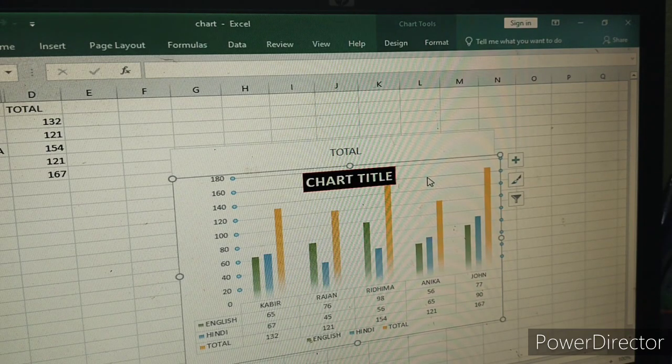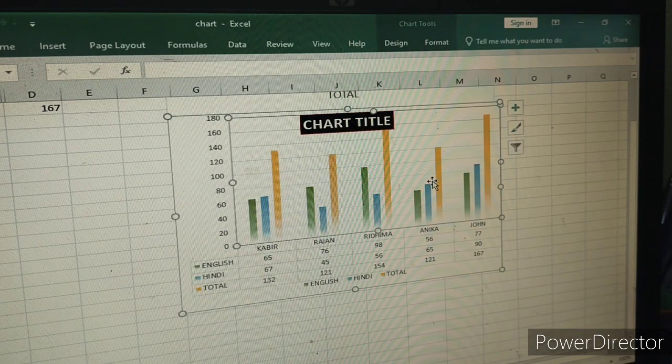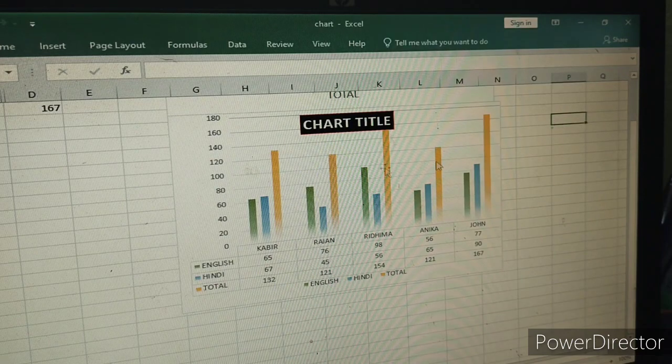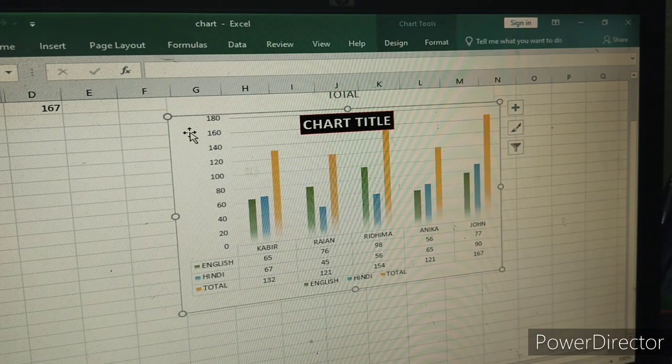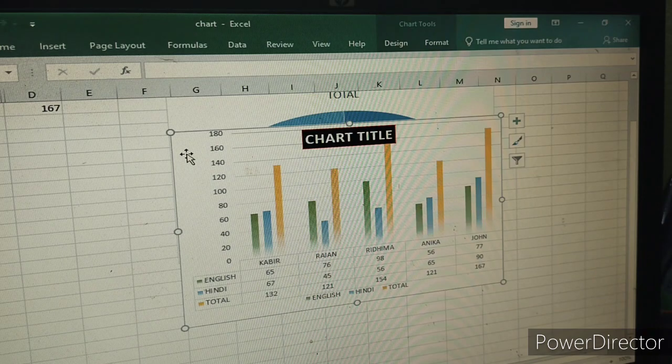All right, next one is resizing a chart. How to resize a chart? Suppose I want to resize this chart or change the shape of the chart. Where is that option? I want to change the size of the chart. Okay, so what do I have to do? First, click on Format.